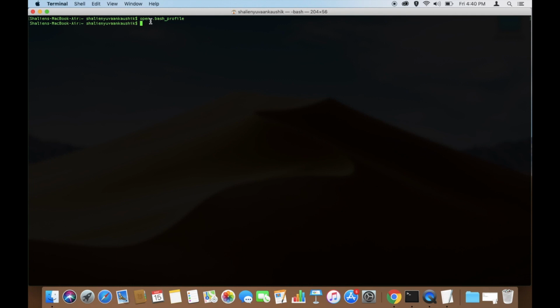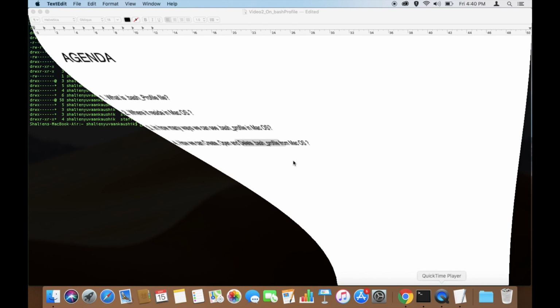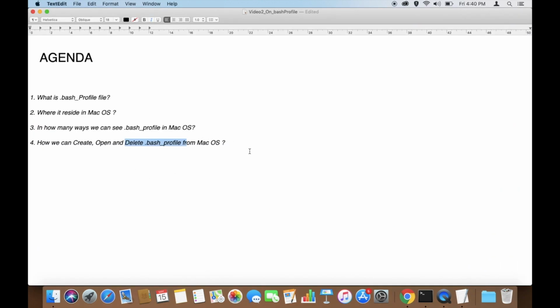How can I check? Again I come back into the directory, and here I'll see that .bash_profile does not appear. So guys, that's how we can create, open and delete .bash_profile.